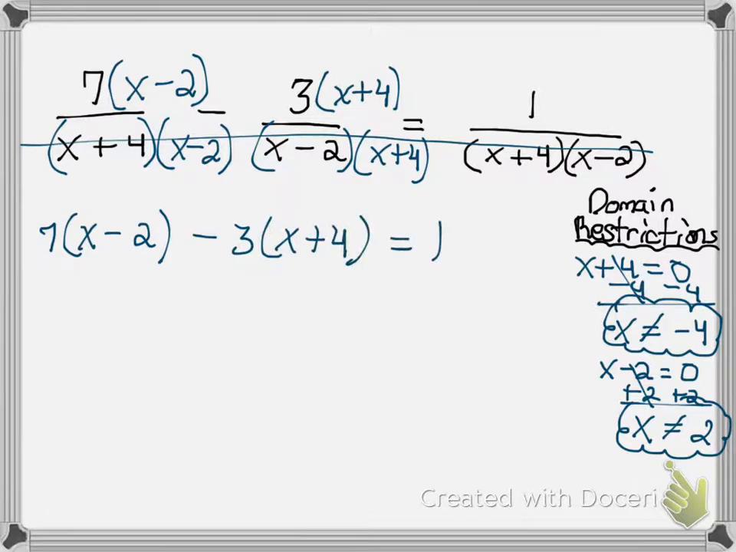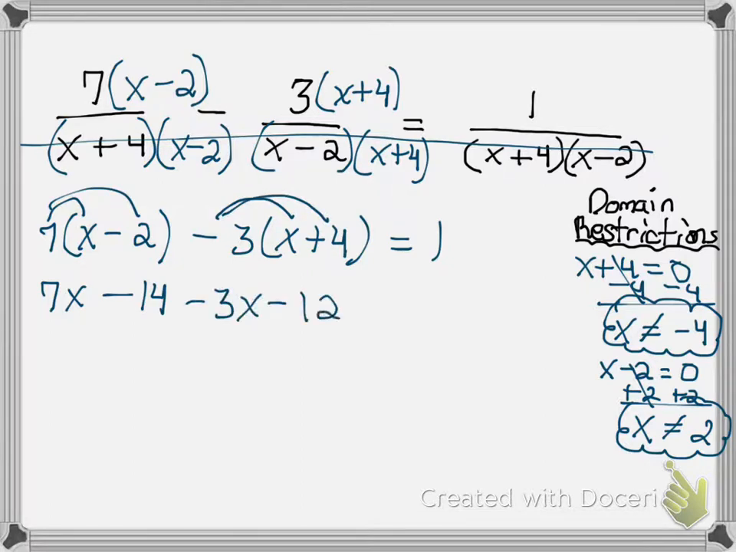All right, so I'm going to go ahead and distribute my 7. That'll give me 7x minus 14. And since this is a subtraction problem, I am going to use that as a negative sign in front of my 3. So I'm going to distribute negative 3. Negative 3 times x is negative 3x, and negative 3 times 4 is negative 12. Go ahead and combine like terms on the left side of your equation. 7x minus 3x gives me 4x, and negative 14 minus 12 gives me negative 26